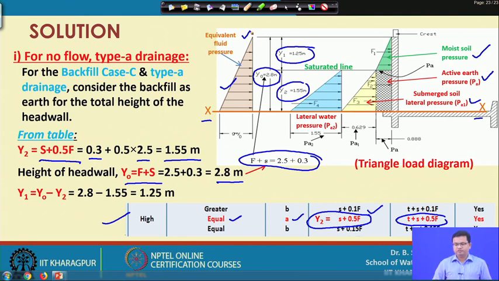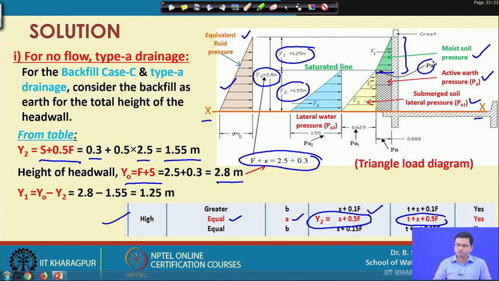Now, you have to estimate what are the pressure acting below these pressure triangles. For F 1, you can see the pressure is acting as P A, this value is P A. So, this is moist soil pressure. So, moist soil pressure will be gamma into this height, the weight of moist soil into H. So, H is equal to y 1, that is equal to 1.25. So, gamma into y 1. So, that will be equal to your moist soil pressure. So, that can be equal to P A.